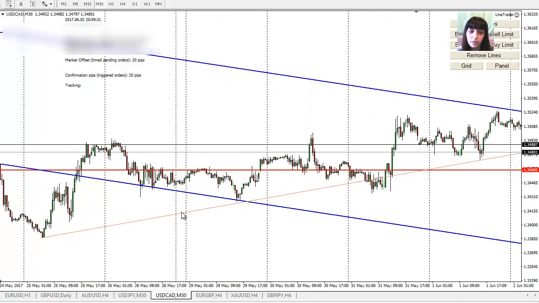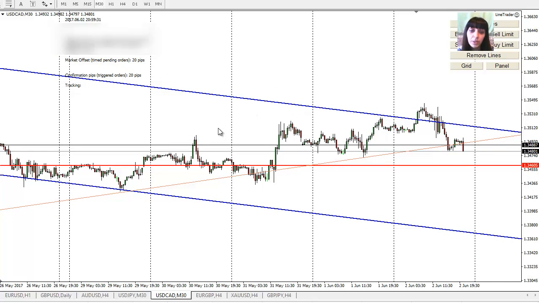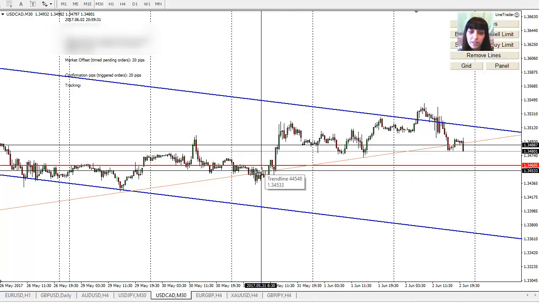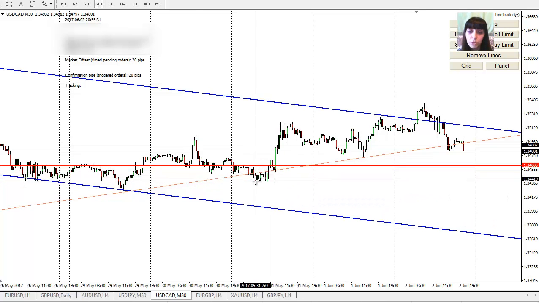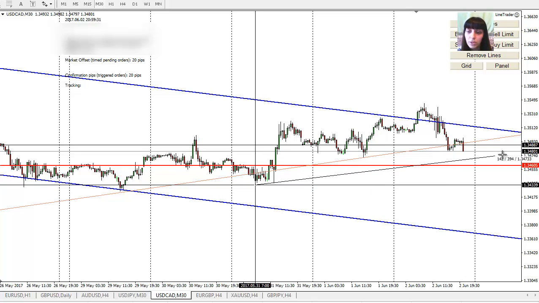I have now this little level, and of course I will now be looking more likely for sell options. But in here I have this level, and there is a little bit of danger in that area, because we have this little bottom which did come out from that level previously. So if I draw it, what can happen is that it could possibly be stopped by that, you see.